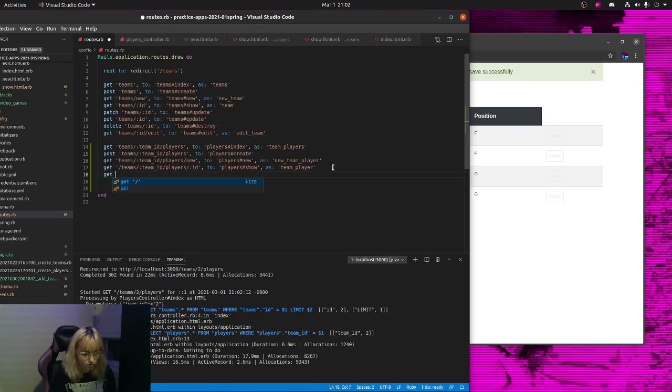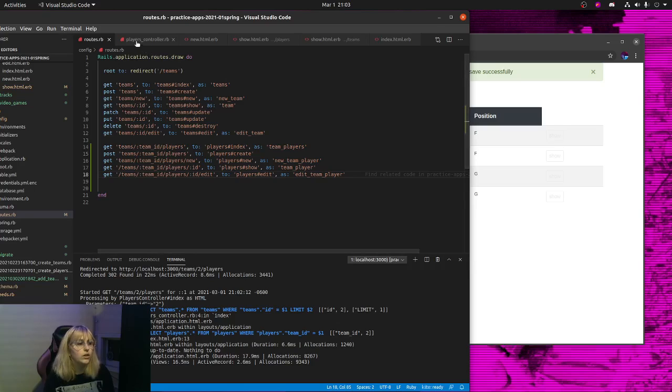So get teams, team ID, players, ID, edit to players edit as edit team player. So we're gonna save that,